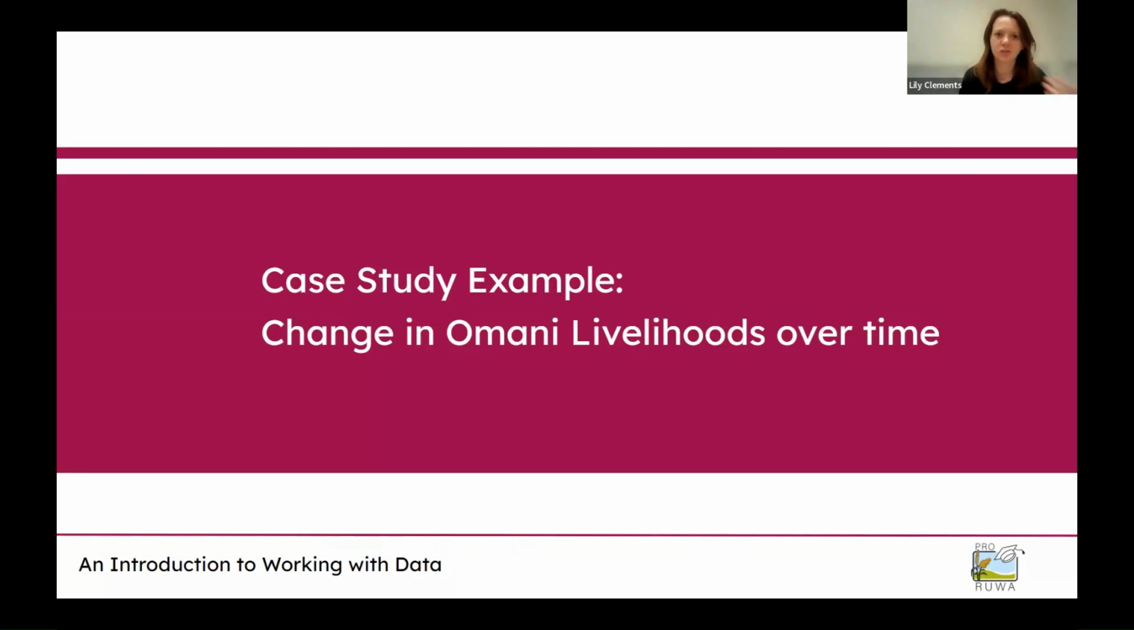So we're going to start this structuring data series of two by looking at data rectangles. We're going to use the change in Omani livelihoods over time to illustrate this. And we're going to delve into what a data rectangle is, the importance of it, and hopefully we can see, as we move to the next series, why it's required to have a data rectangle in order